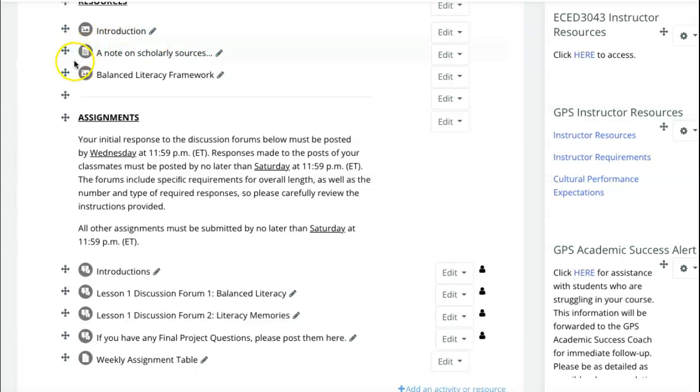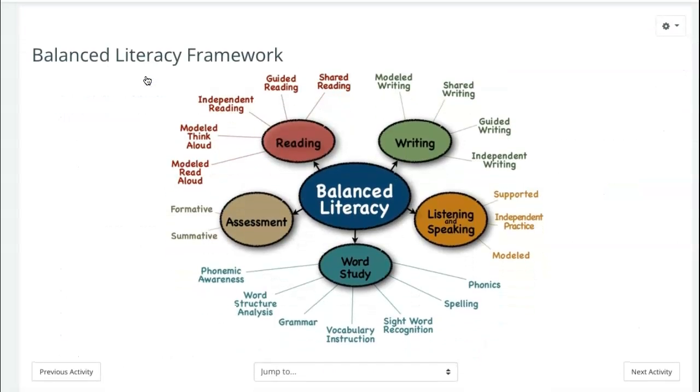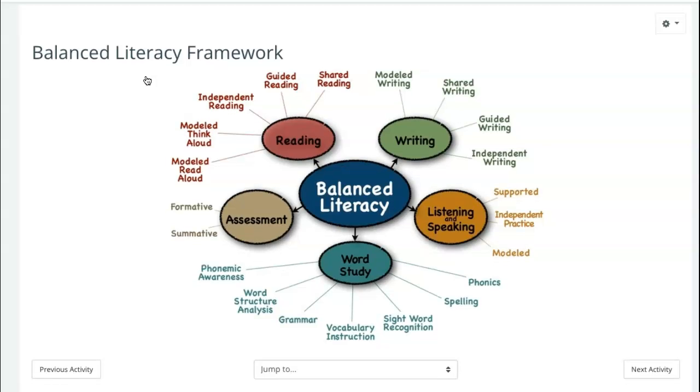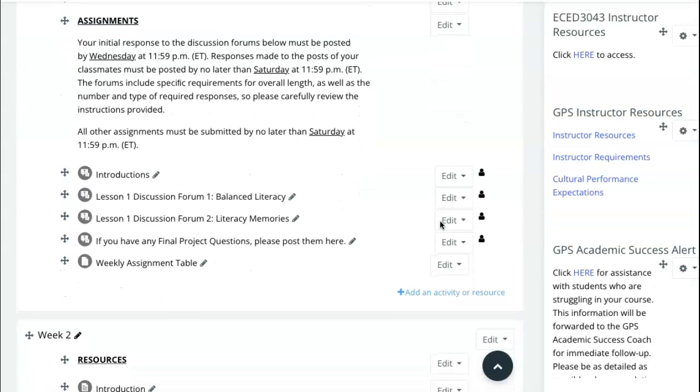There's also a note found on Moodle about scholarly sources. And here is a diagram of the balanced literacy framework.